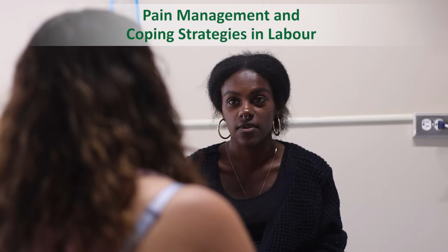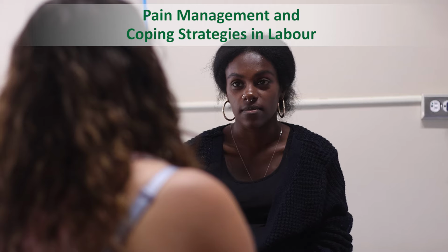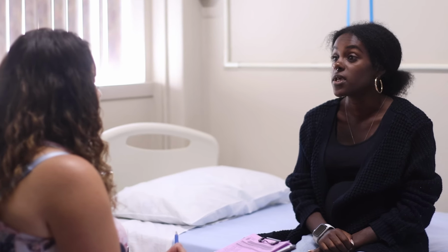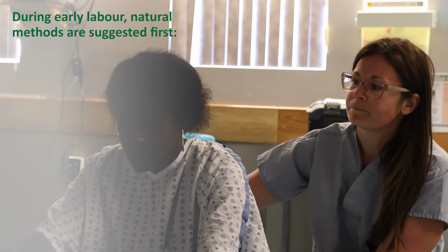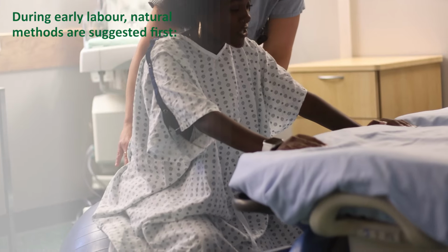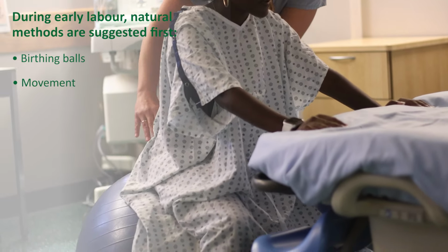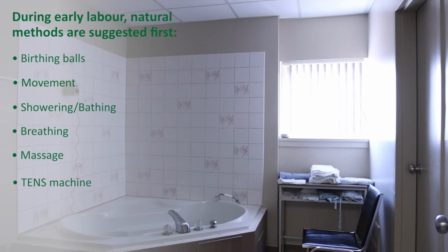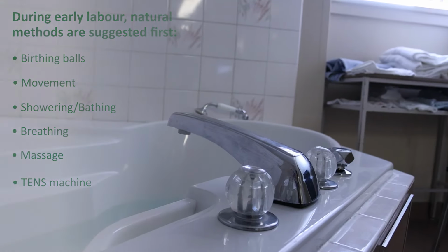Common questions our patients have are usually about pain management and coping strategies in labor. In Yorkton, we have several options. In early labor, we offer and suggest natural methods for coping with labor. First, birthing balls, movement, showering or bathing, breathing, massage, TENS machines if you have. After first trying these